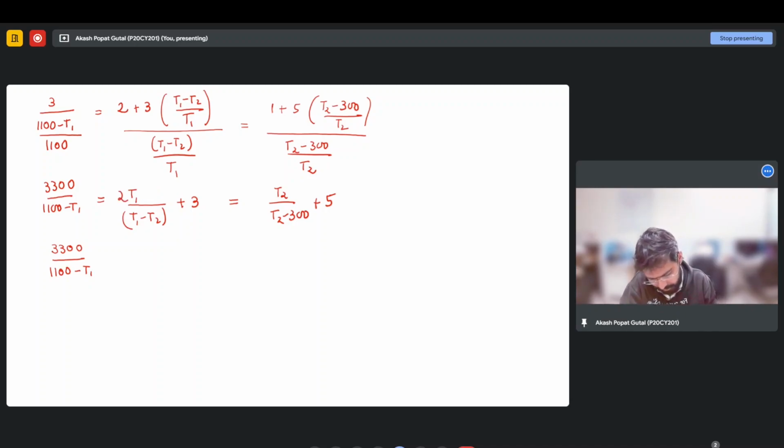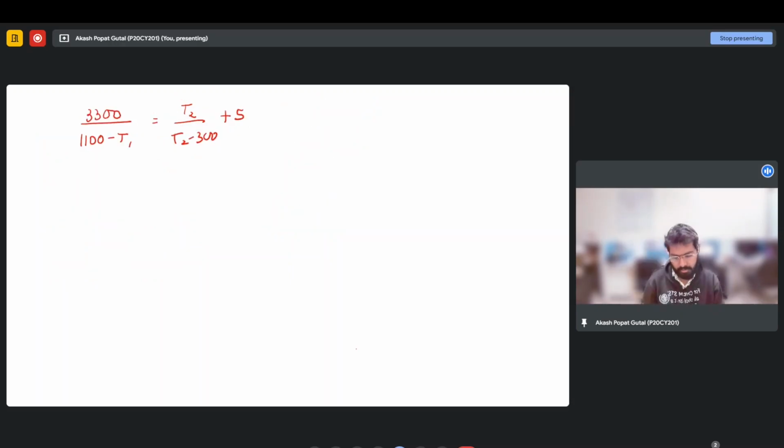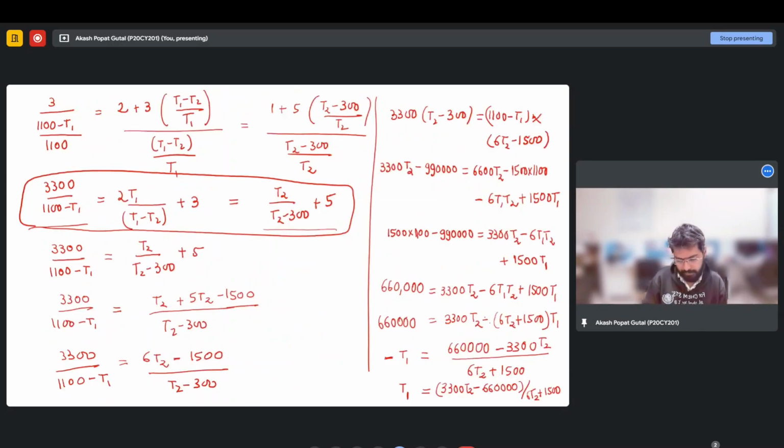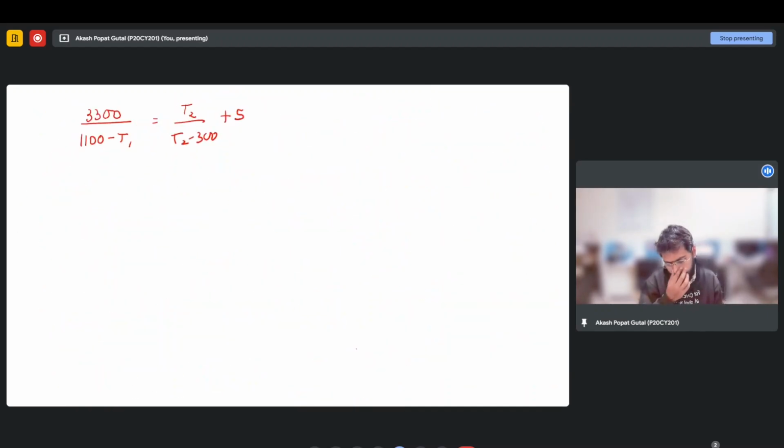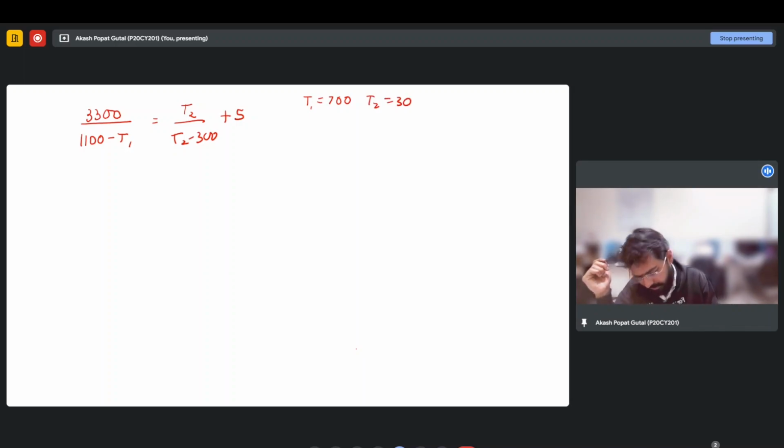So if you can see, these two equations are simple. We will take these two equations, relation T2 by T2 minus 300 plus 5. First, we take the equation between the two, and the available options we can put. Let's put T1, T1 is 700. Let's check T1 is equal to 700 and T2 is equal to 30. If you put 700, then LHS will be